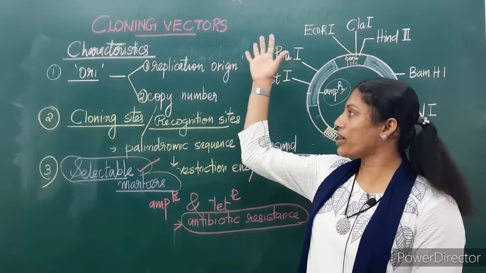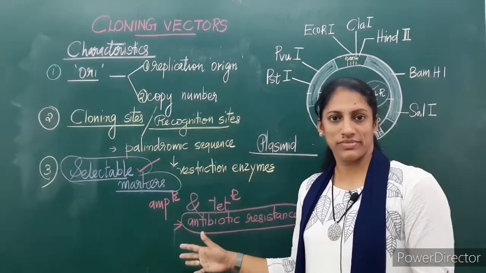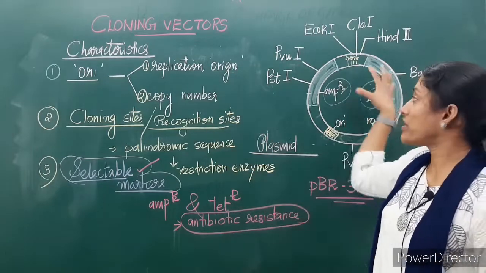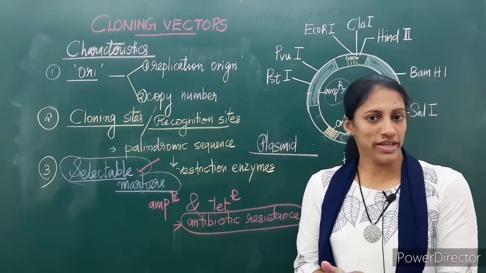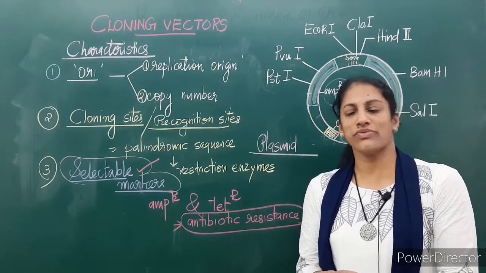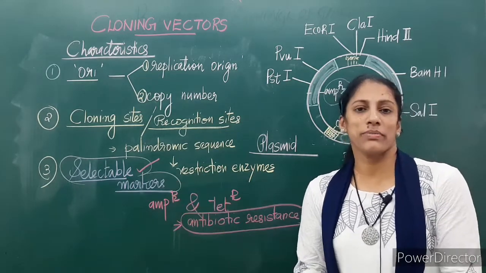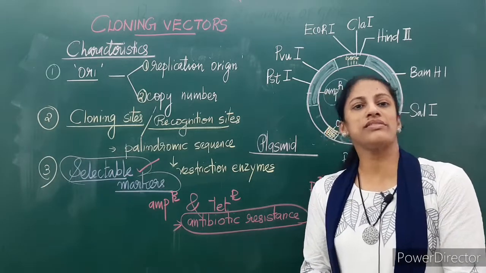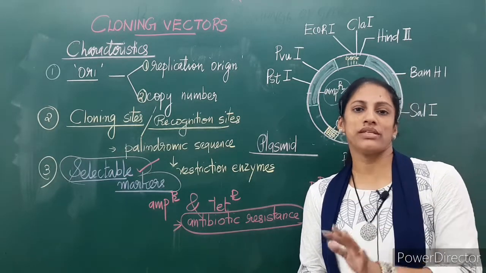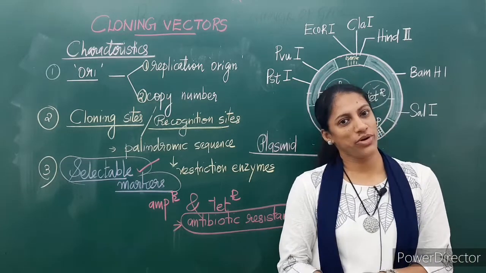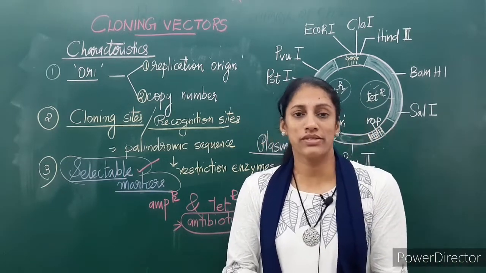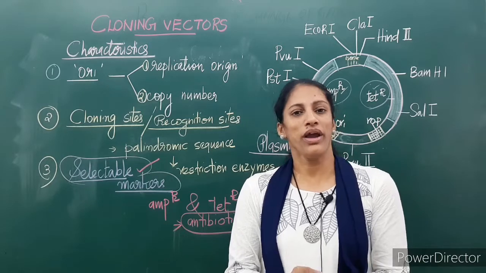Okay, I think you are clear with these topics. What are the characteristic features of a cloning vector? If so, we will wind up for today, and in the next class we will discuss the selectable markers, antibiotic resistance and enzyme sequence. Two cases we will discuss in the next class. Okay, I think you are okay. So study this topic seriously, then I will meet you in the next class.